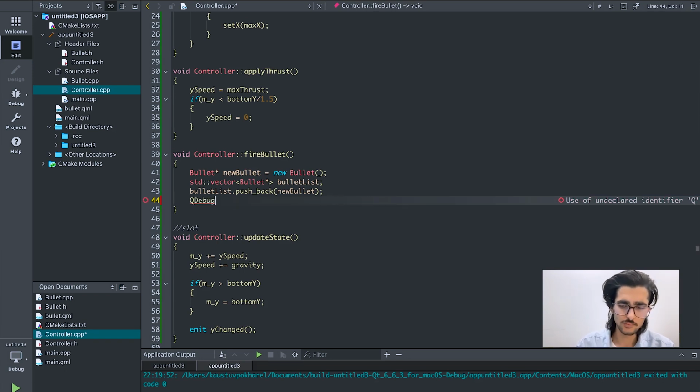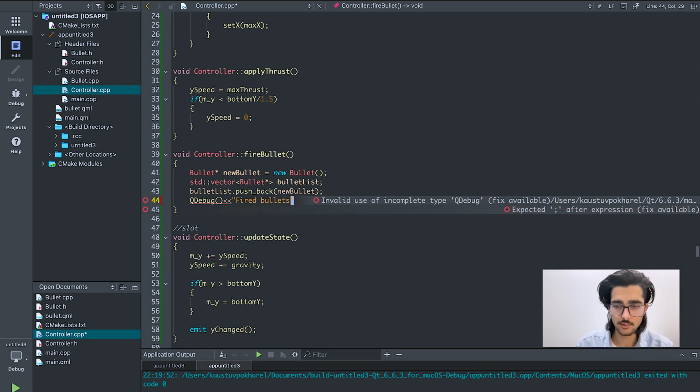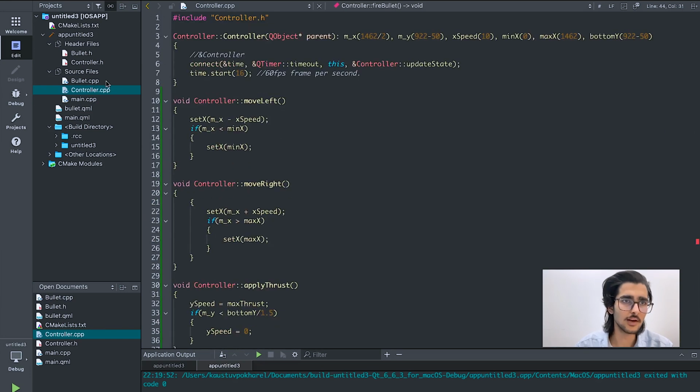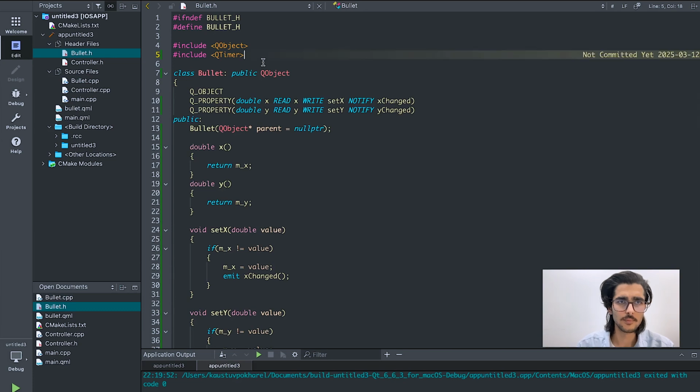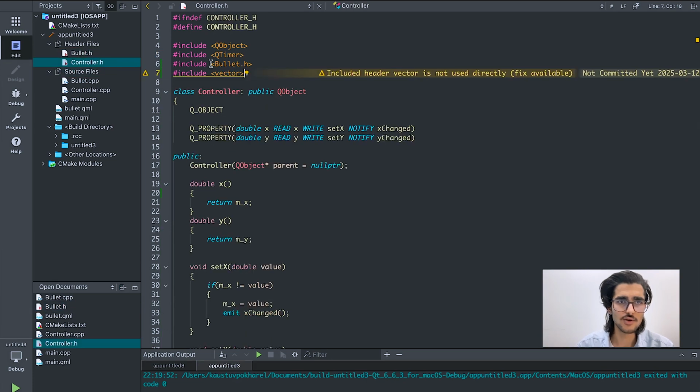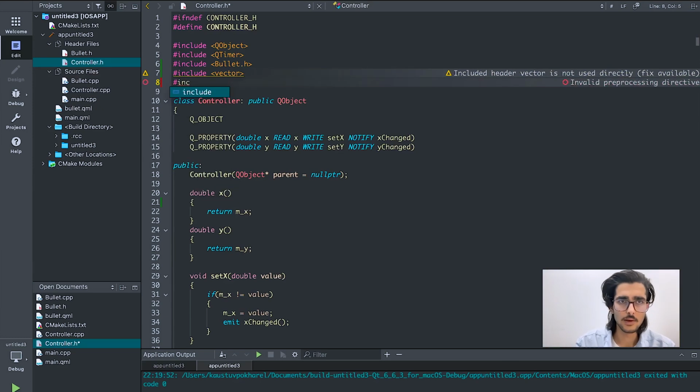It's just to print something on the console, to test our code if it's running. So right now I'm getting an error because we have not included QDebug in our bullet.h. Let me quickly, in controller.h, go and add our include